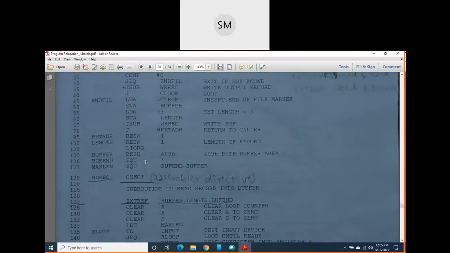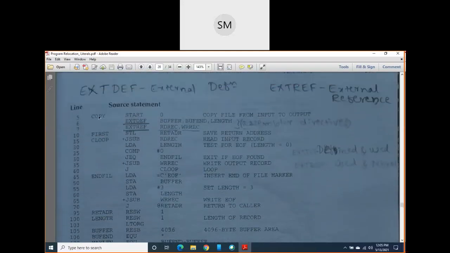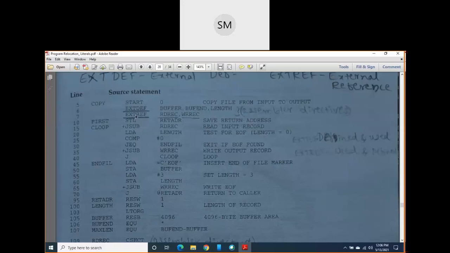If you observe carefully the copy control section, we have written external reference as well as external definition here. Already I explained why external definition, and the symbols in it: buffer, buffend and length, right? Both of these statements are assembler directives, you already know it. Now I come to external reference. I already told you its meaning. What are the symbols here?